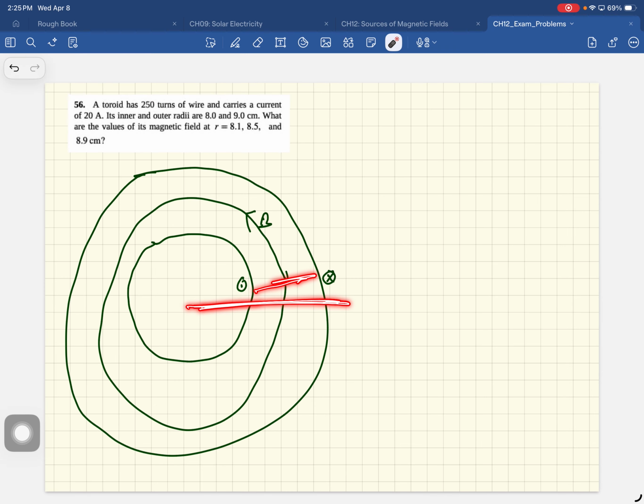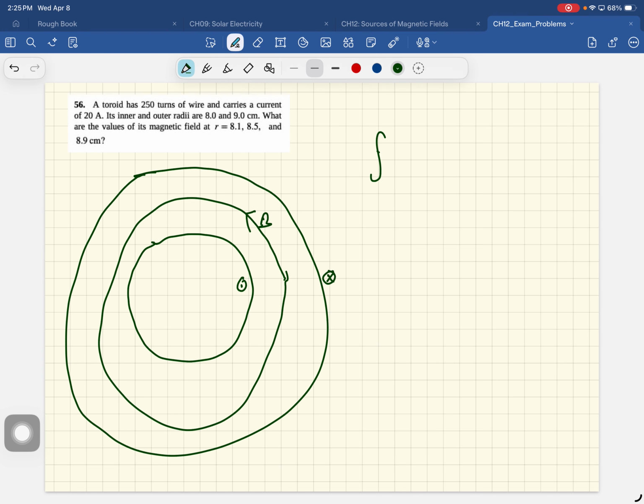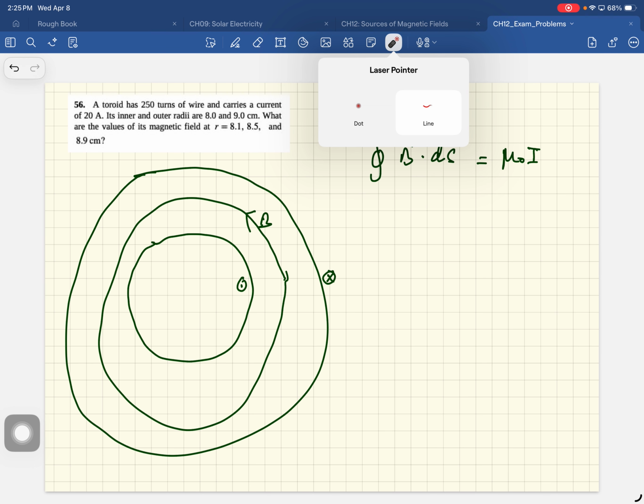At the inner edge, instead of 8.9, we'll do 8.1. So this is the outer edge, and at the inner edge the field is 12.35 millitesla. So that's the difference. All right, guys, so that finishes